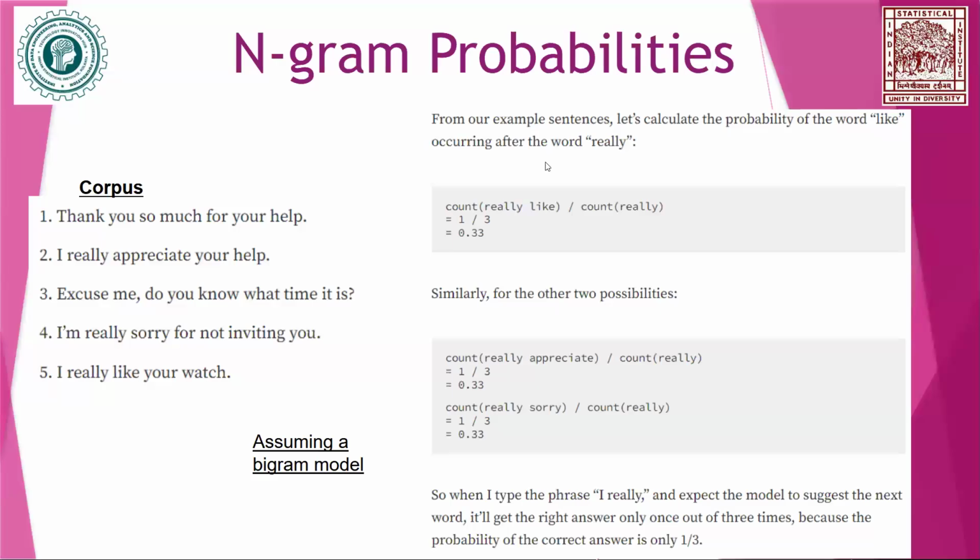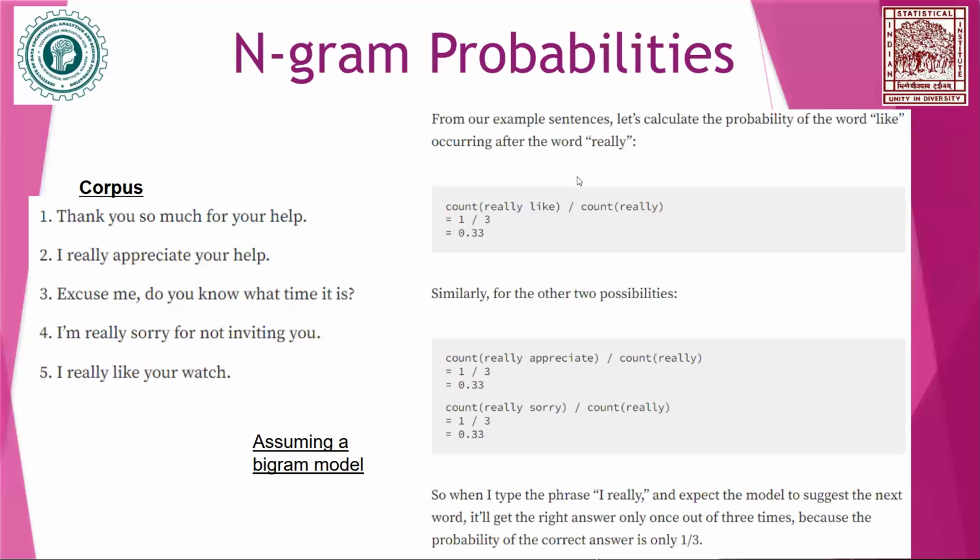Instead of W1, W2, we have these. So you can see the corpus on the left. The corpus has 5 sentences. And so we are trying to calculate the probability of the word like occurring after really. Okay. So we often have this phrase, you really like ice cream, or you really like football. So we're trying to find out if somebody has written the word really, should we predict the word like? In this case, it so happens that we have really like, really sorry, really appreciate only once in the